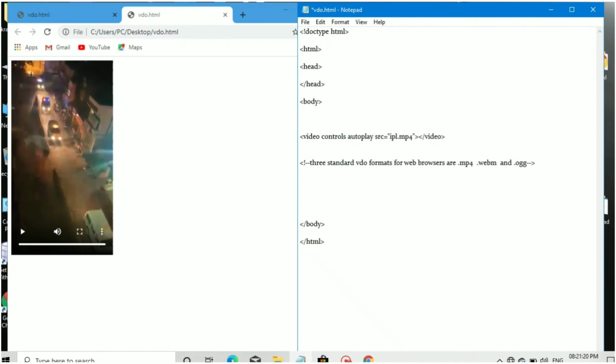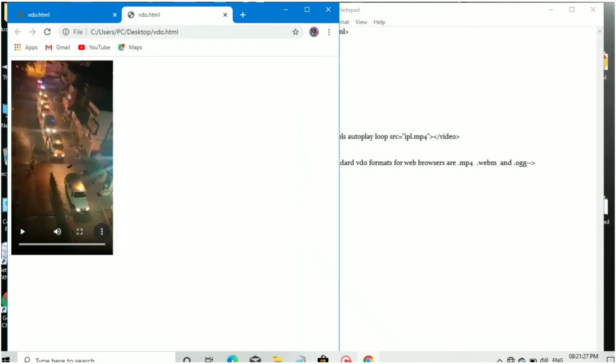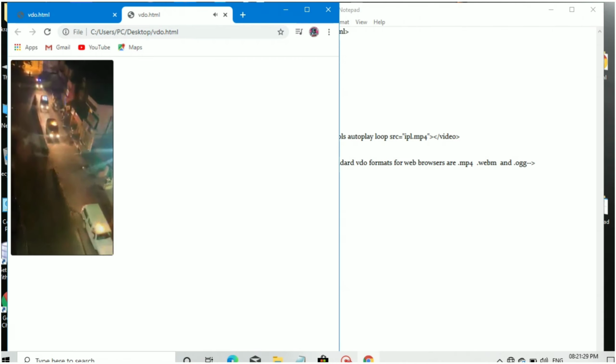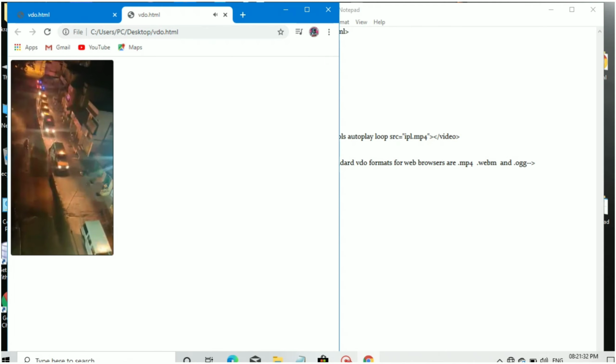Then comes autoplay and loop. This attribute specifies that the video track should play again once it has finished. As you can see,